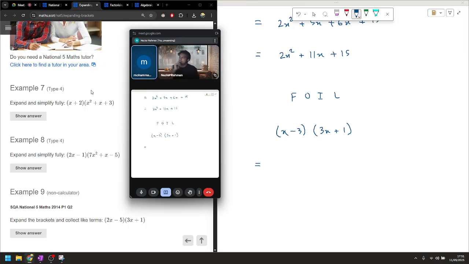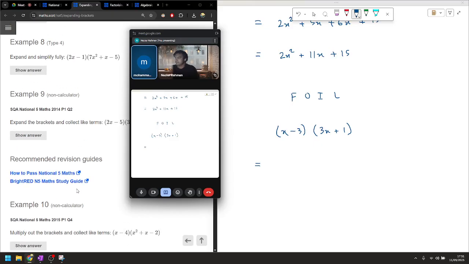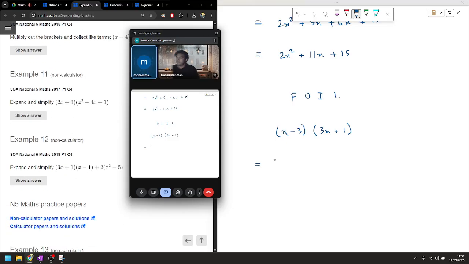Okay. X times 3x is 3x squared. Good. Keep going. And then plus 2x. So you did x times 3x, and then you want to do x times 1. 1x. Yeah, plus 1x. Just x, and then